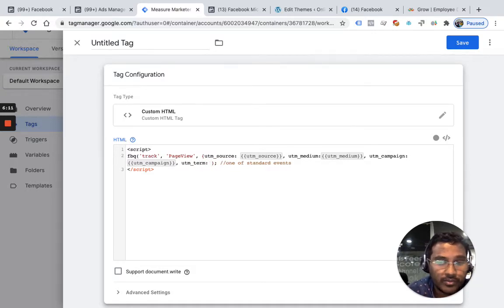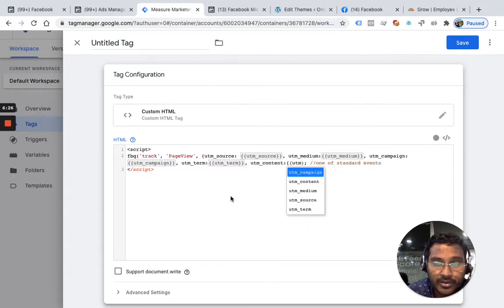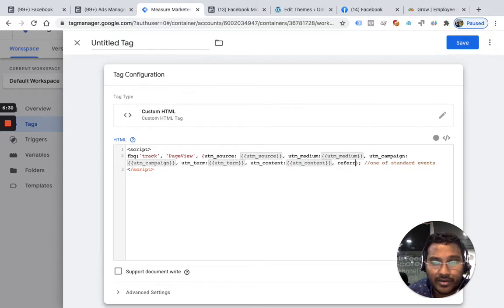So what value I'm going to put it there? These are the variables which I've created, the query variables in GTM. And then last one, I want to put UTM underscore content. So what value I'm going to put here? UTM underscore content. And also I want to send another called referrer. Right? I'm sending all this information.